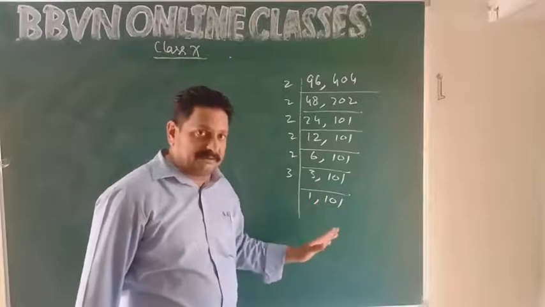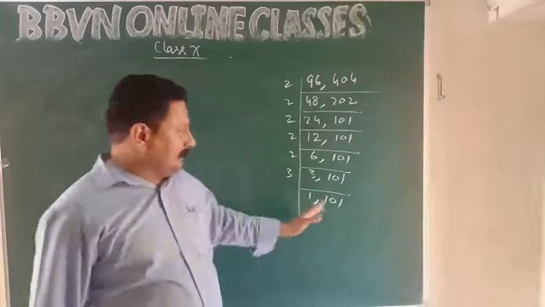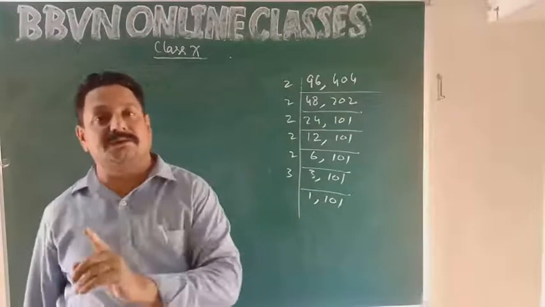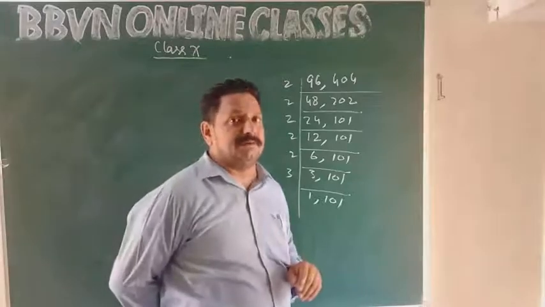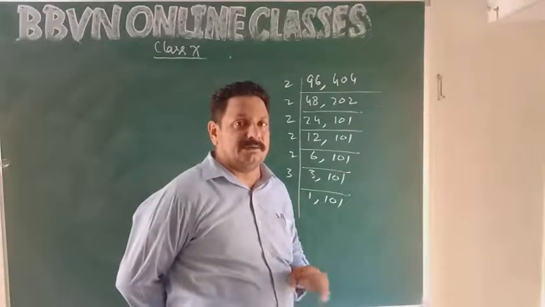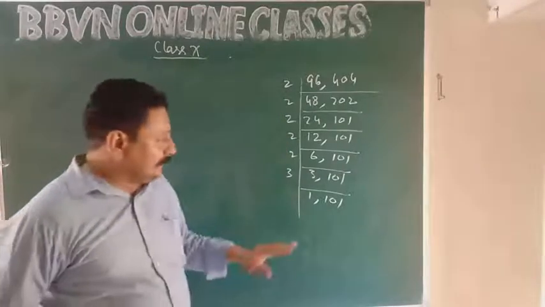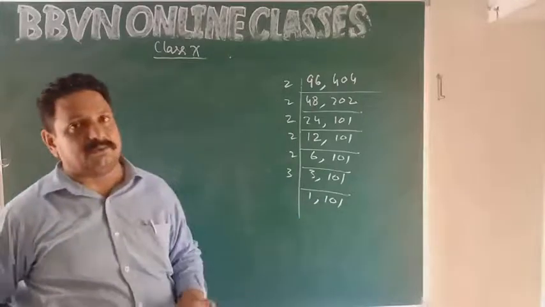Find out, is it divisible by any other number? Find out if it is divisible. See, 51 into 2 is 102. Before 51, find out the prime numbers. Before 51, you have 47. Is it divisible by 47? No, it is not divisible. So we find that this is turning out to be a prime number.